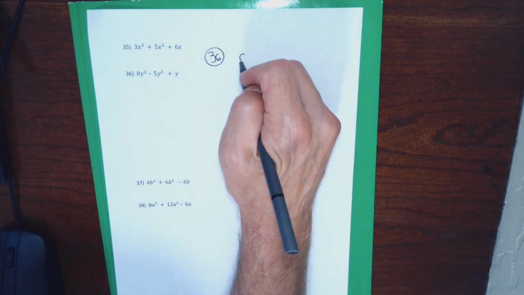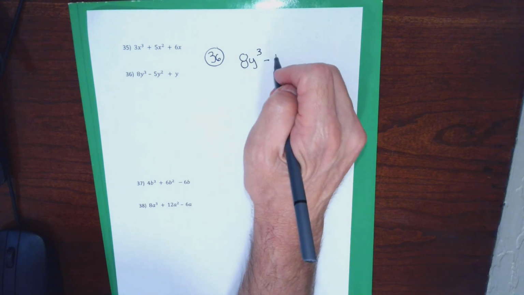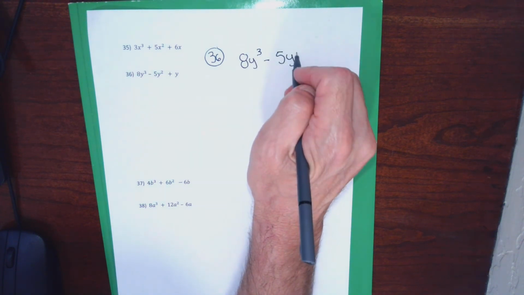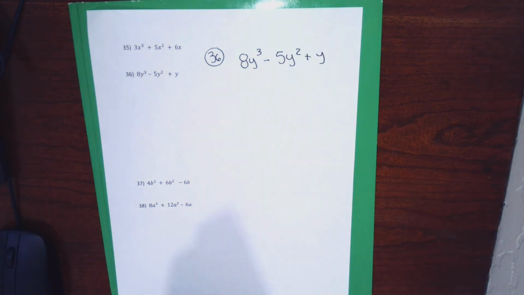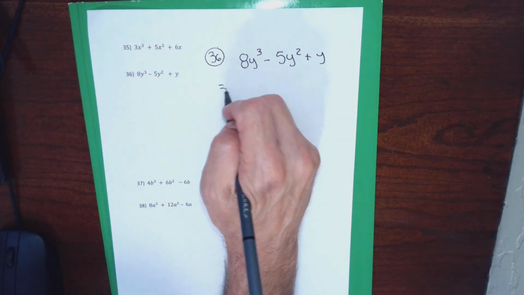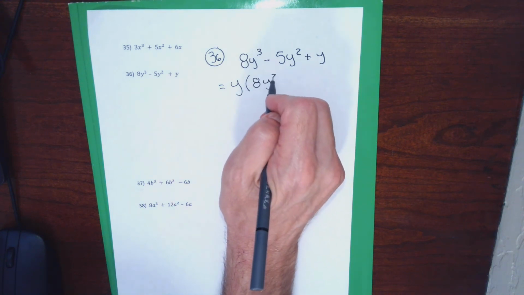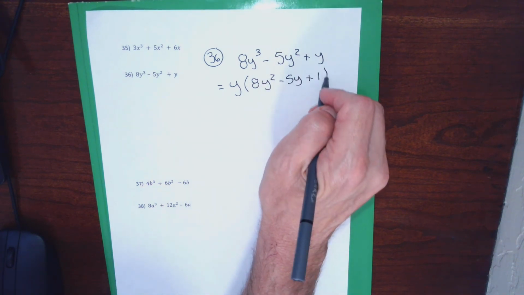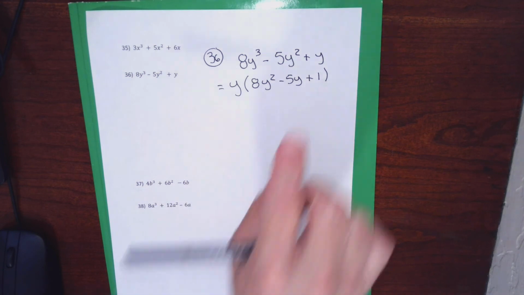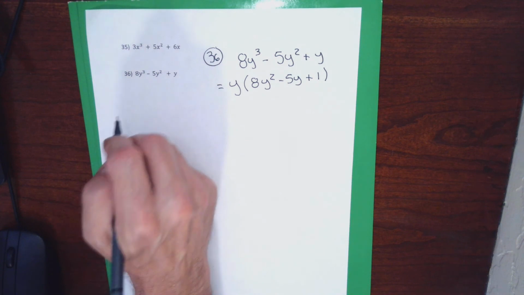So for 36, I think it's going to fit just like problem 33 that I just did, in that I could one-parentheses factor, but I won't be able to two-parentheses factor. In problem 36, there's a common factor of y that I need to factor out. And when I factor out a y, I'll be left with 8y squared minus 5y plus 1. Just taking a y away from each term. The last term, if you take the entire term and factor it out, you leave a 1 behind. And then off to the side,